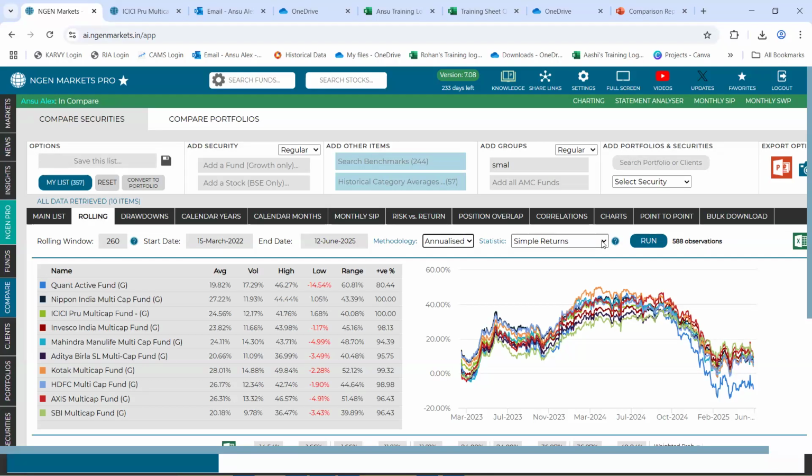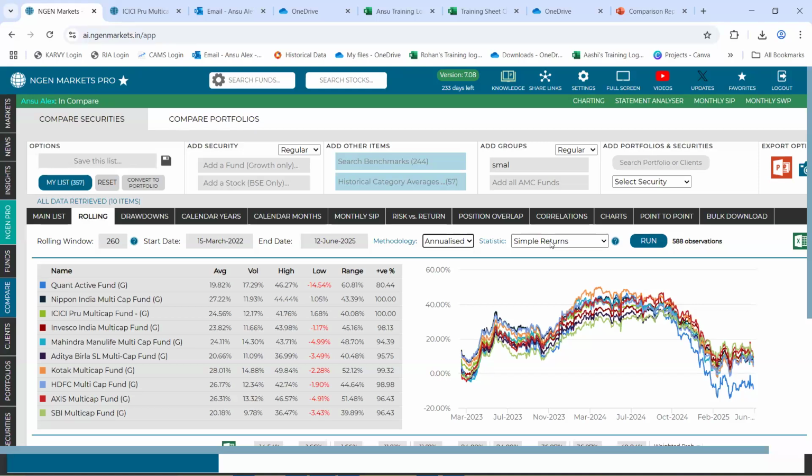Okay, so in annualized simple return, we take the sum of daily returns for every 260 points. Let's say from 15th March 2020 till the first date, which is 14th March 2023, we take a sum of the daily returns. Once we have that, we average that data to arrive at this average rolling returns. That is how we do it for simple returns.